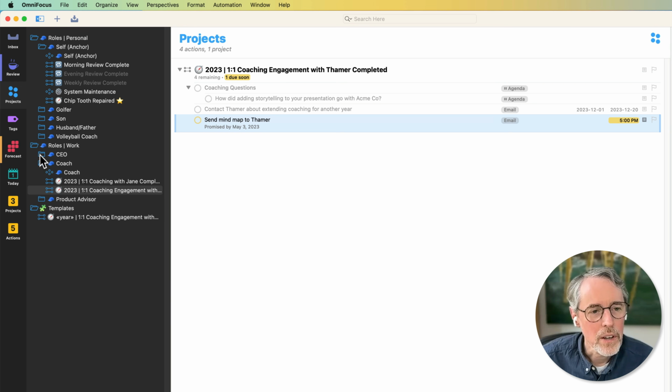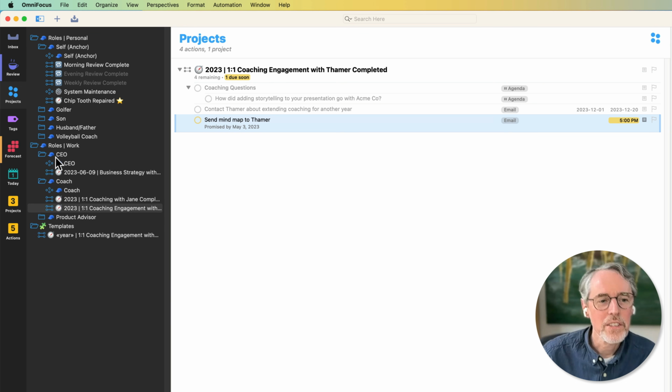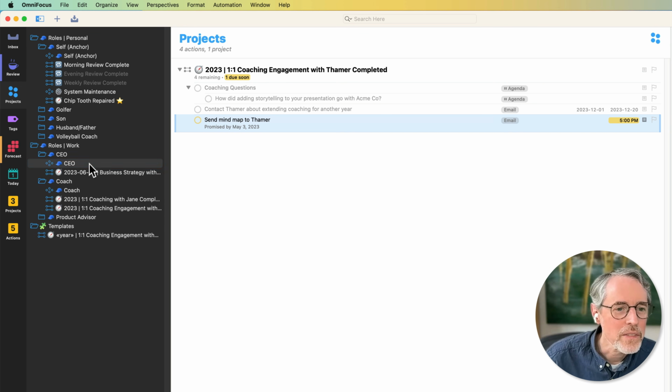And this concept can be applied managing up, managing down, and also managing sideways with colleagues and/or operational meetings that you need to go to on a regular basis. You might bring a question to a team meeting or an agile sprint, things like that as well. Maybe look at one that's not a project, it's a single action list here.